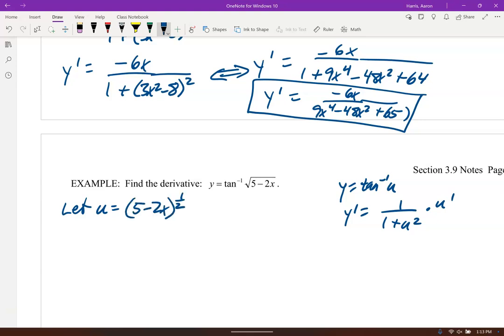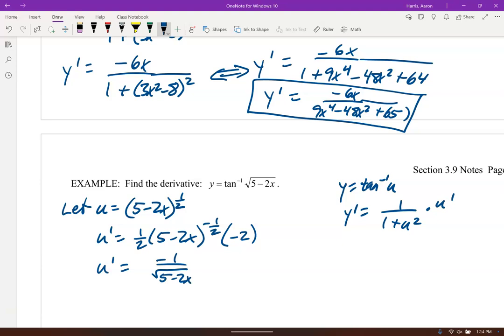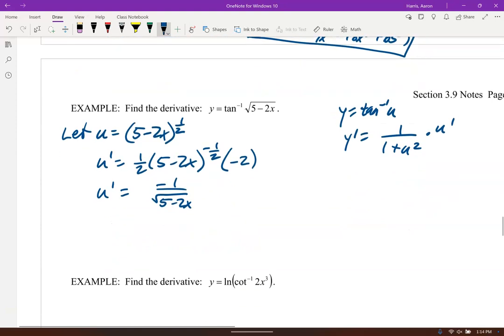So just note when you're taking that derivative, you've got chain rule involved here. You got 1/2. It'll be 5 minus 2x to the negative 1/2, and then derivative of the inside. Derivative of 5 is 0. Derivative of minus 2x is a negative 2. So this u prime ends up being negative 2 over 2 is negative 1. Negative 1 over the square root of 5 minus 2x. So just note what that u prime is when you're doing that, okay? All right, let's go ahead and